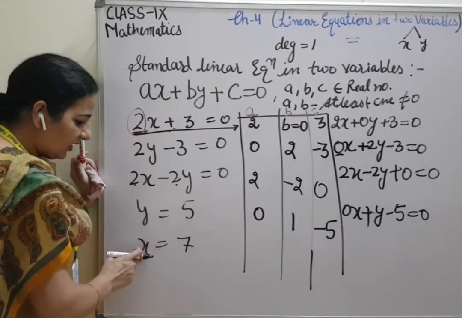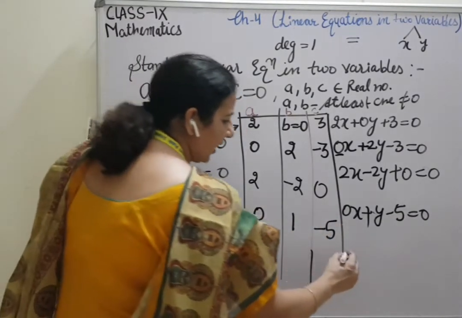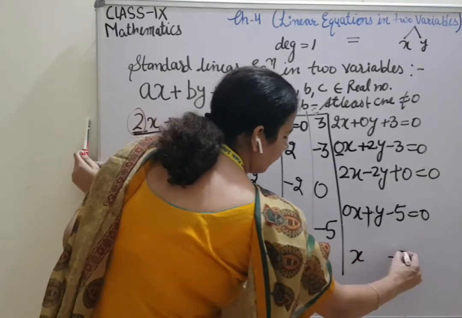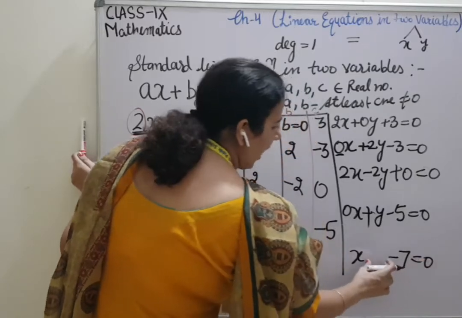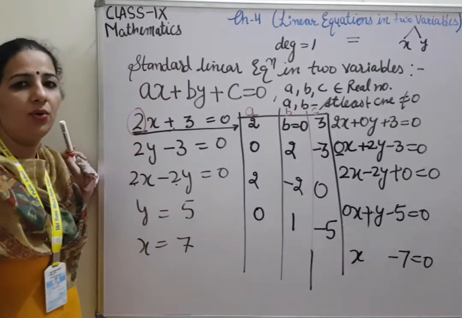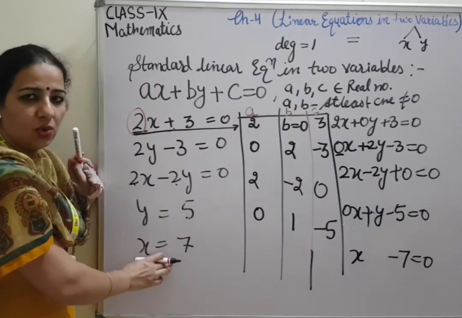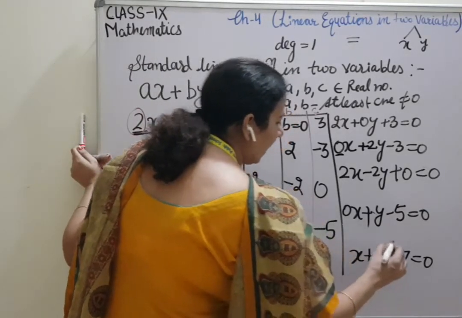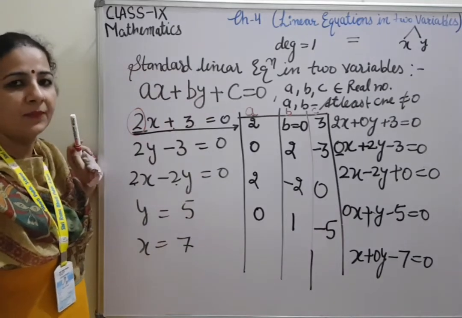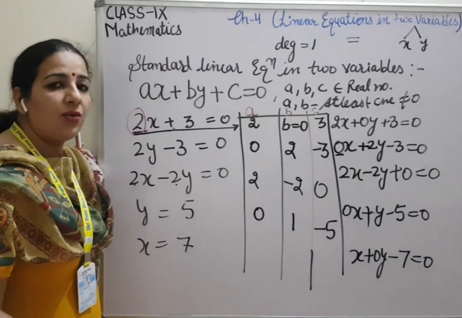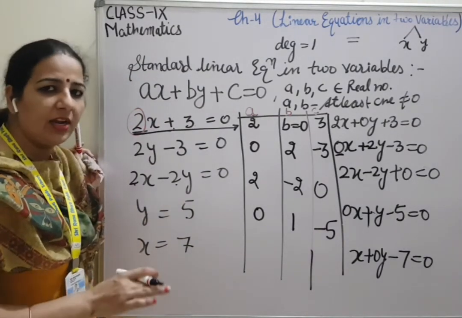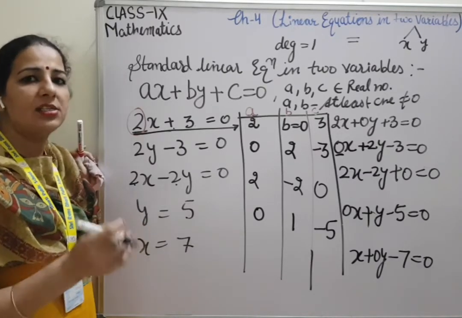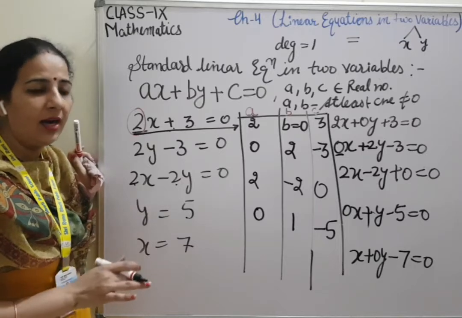The last part is x is equal to 7. So it should be written like this: x minus 7 is equal to 0. I have given space here for the value of y. The y variable is not given. It means y will come with the 0. With 0 you can introduce any number. If you want to write 5, then you can write 0 into 5. It means we can introduce any number by multiplying it by 0. Because in addition and subtraction, 0 will not affect our answer.